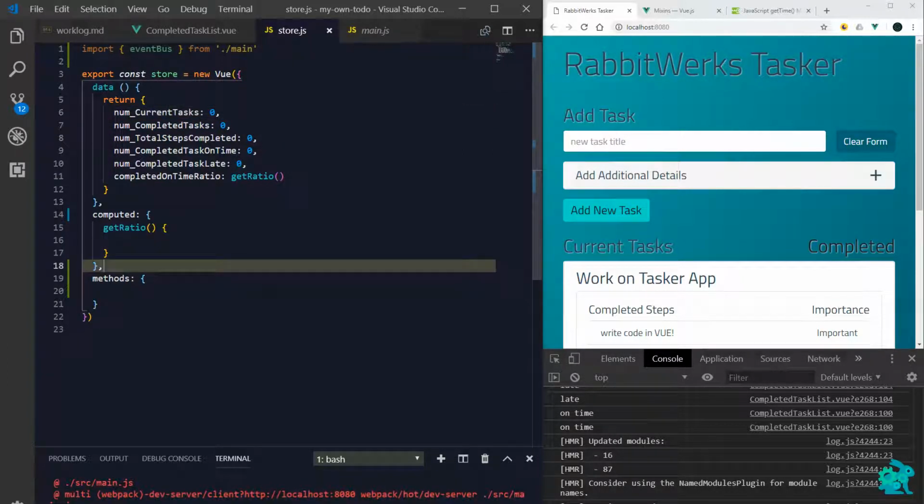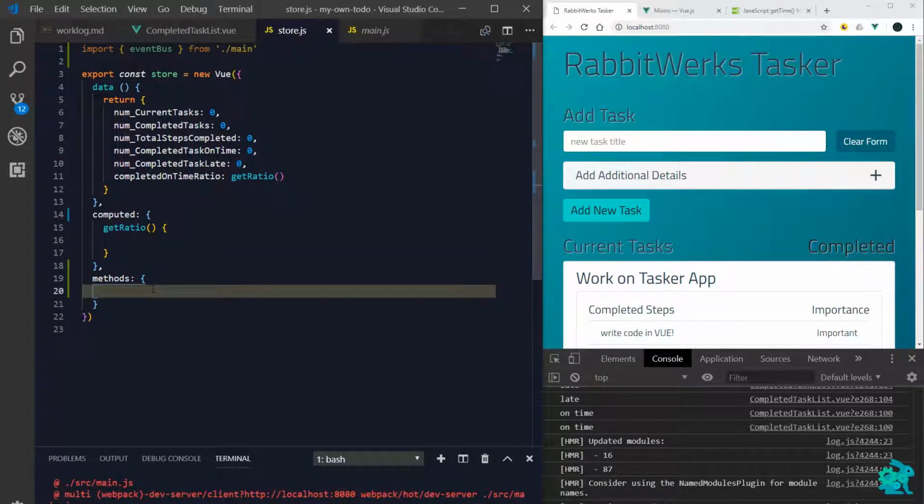We have current tasks, and we have custom events that we're going to use for this, and we'll just say update num current tasks, and it's going to be a function that's going to take a parameter of